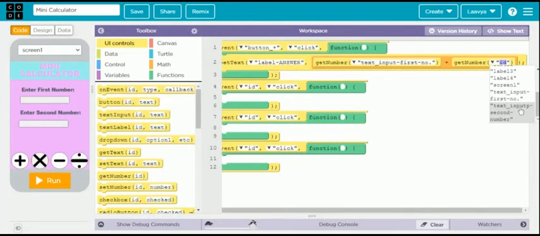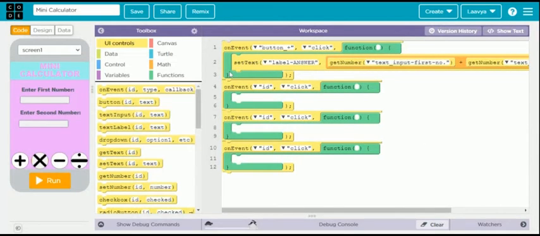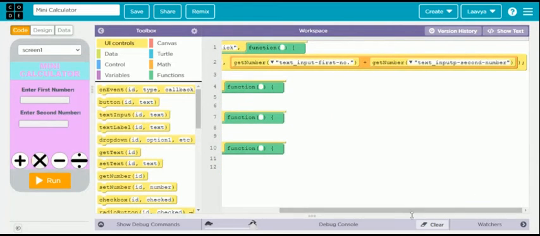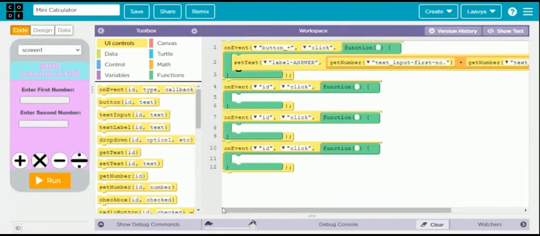So our code is basically, when button plus is clicked, set the text in label answer, get number from text input first number, add it with get number text input second number. So first number and second number will be added and displayed in the answer label.